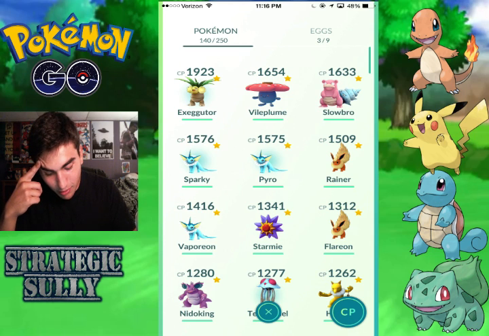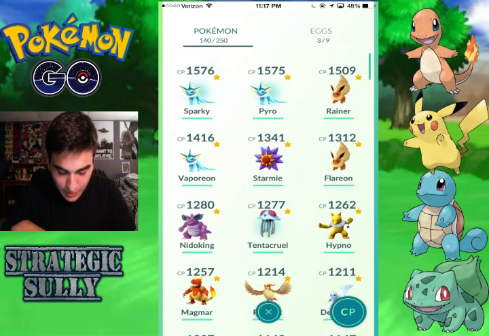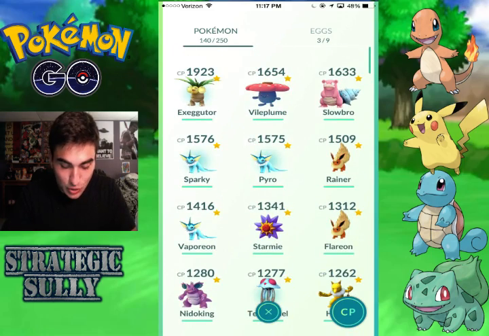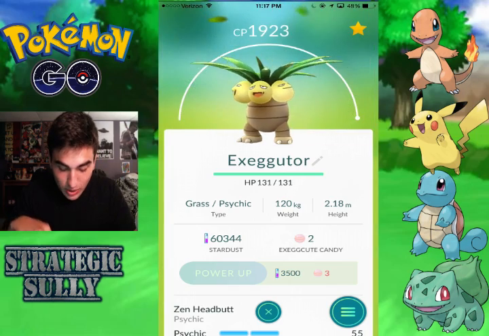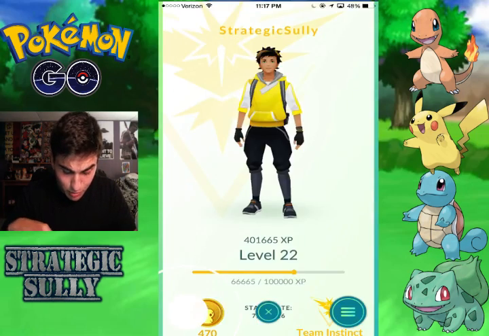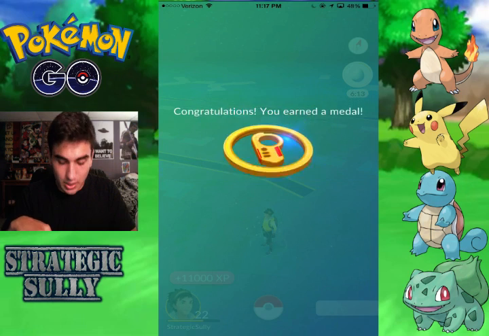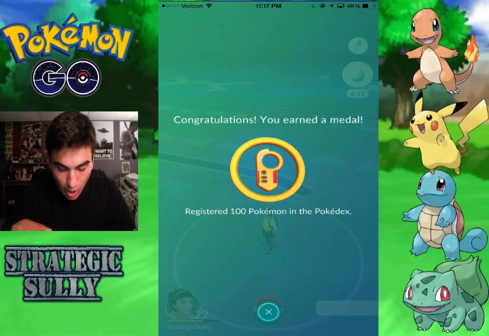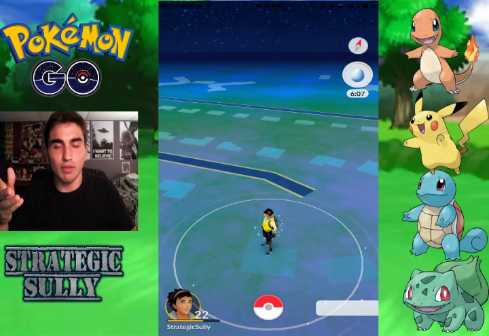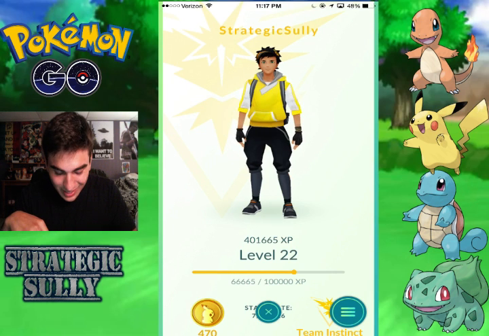Sparky Pyro? That is just so funny. Rainer's the Flareon? That's hysterical. Got some definitely high guys. 1923 Exeggutor. Once I level up, which, did I level up? Oh my god. Didn't even get to level up. That's so annoying. But, oh, they're okay, registered 100 Pokemon to the Pokedex. You wish the medals would give you some XP, anything gold. But, so I ended up getting to